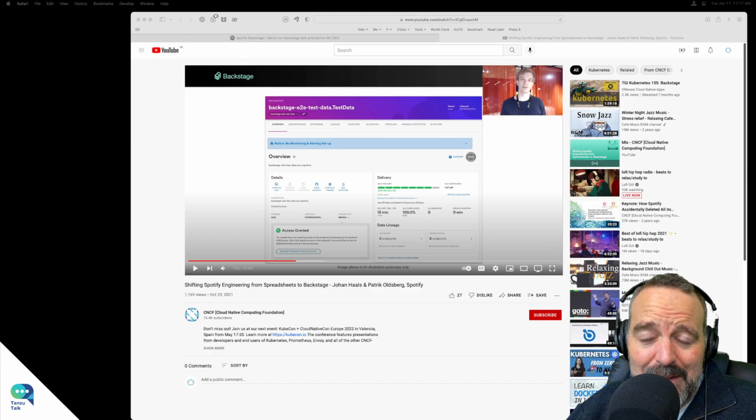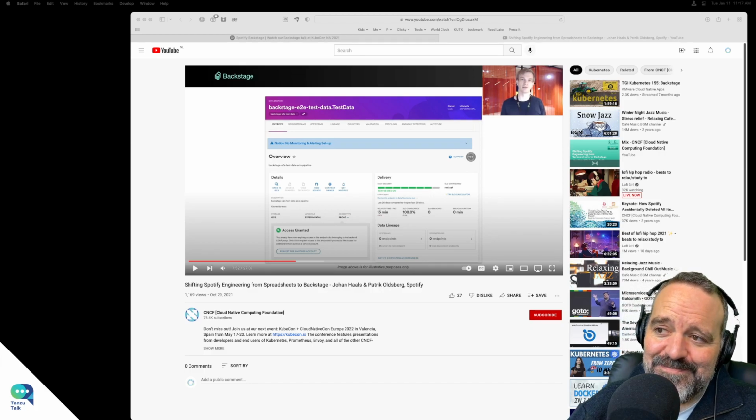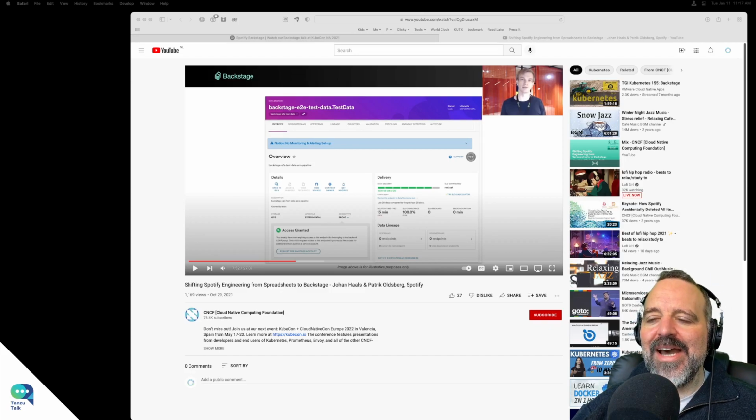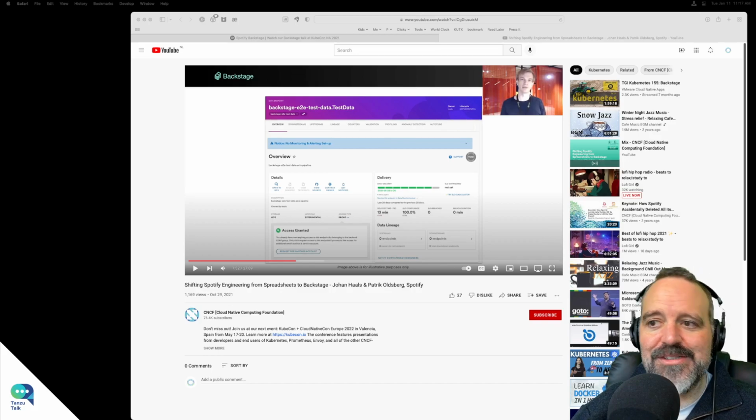Back in my day, we would call that a portal, which is a fun word. I don't know what the kids call it nowadays, but you have a portal system. And if you're in the Java world, there'd be a bunch of portlets and you can customize what's in there. If you're running a Java app server, you could add portlets, like when I log into WebSphere or JBoss or whatever, I can go see all these pages.